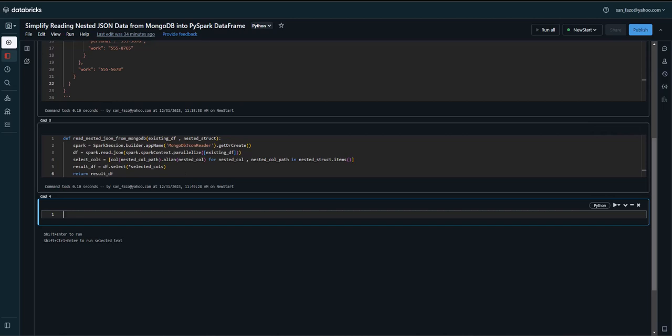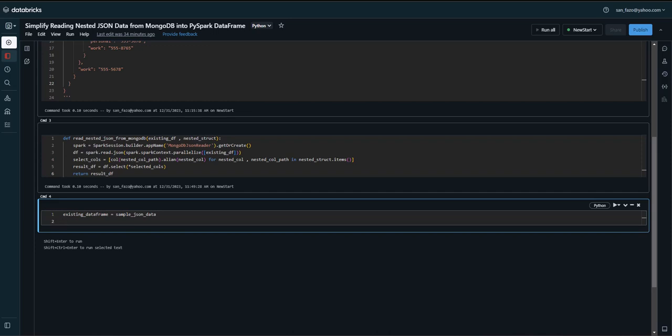Assuming you have an existing DataFrame named sample JSON data that we have defined already, and you want to extract city from address and home from phone and other contacts. existing_df = sample_json_data, and here nested_structure equals,